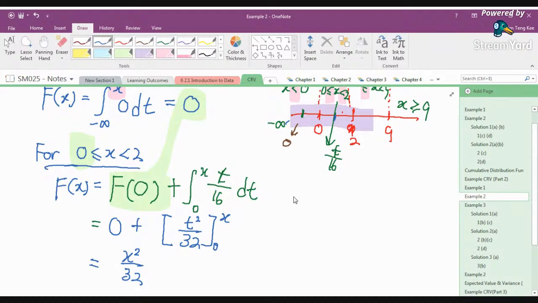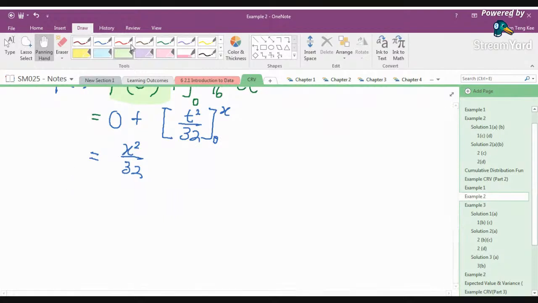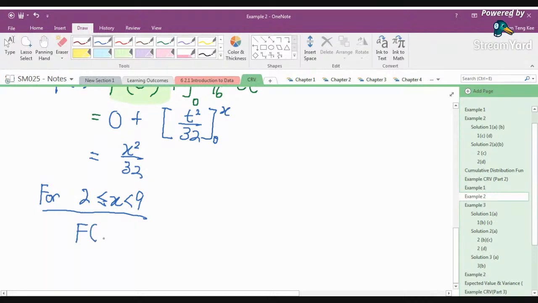So let's say I continue the calculations below. So we will have the calculations for the case of 2 to 9, include 2, not include 9. So how we happen to have our cumulative here is referring to F(x) equals to, so I will have a capital F,